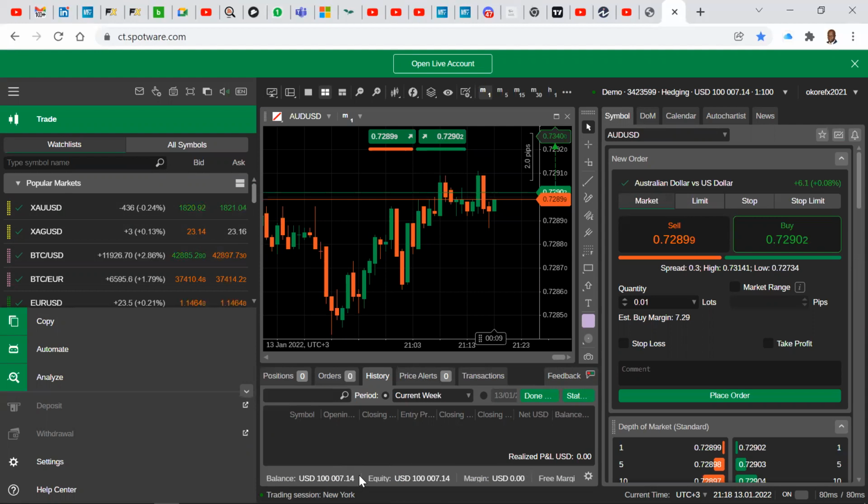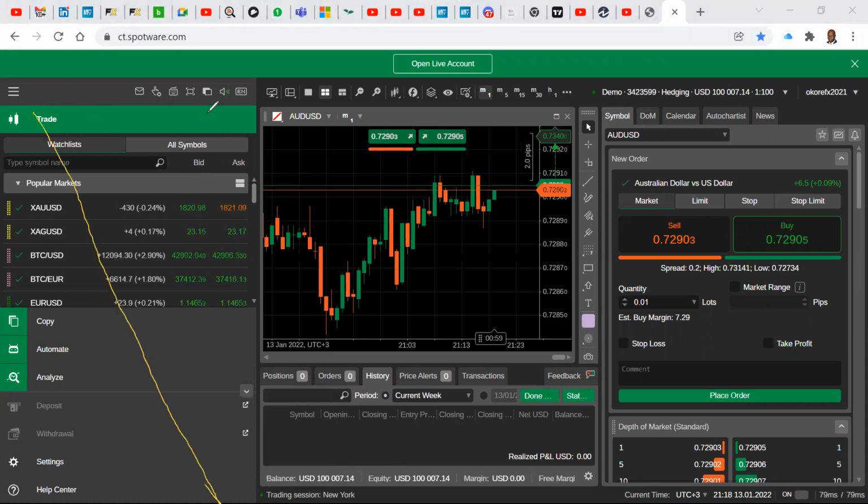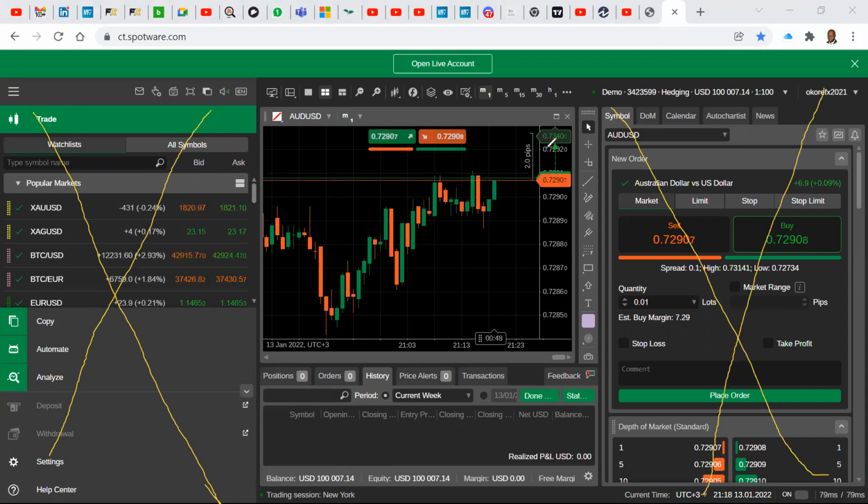The best thing to do is to remove this thing here on the left and this thing here on the right. Once you remove that, what we want is the center part, which will expand.